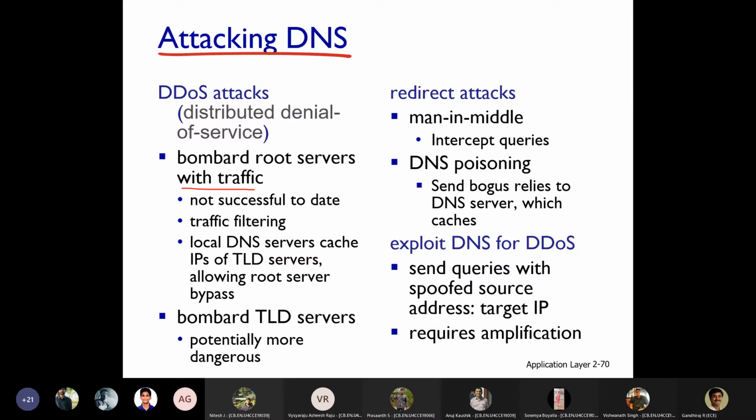So it is not successful to date. If it is not successful, traffic filtering can be used. Local DNS servers cache the IPs of TLD servers, allowing the root cache bypass. So we can go for multiple strategies for maintaining that. Bombarding TLD servers is potentially more dangerous, because currently many filtering tools are available, but